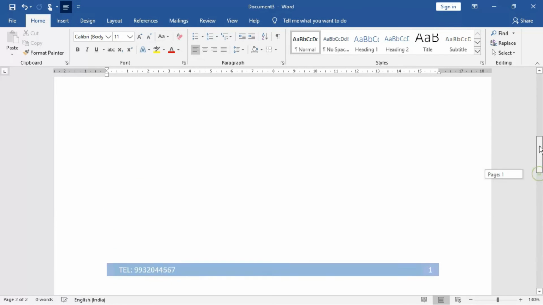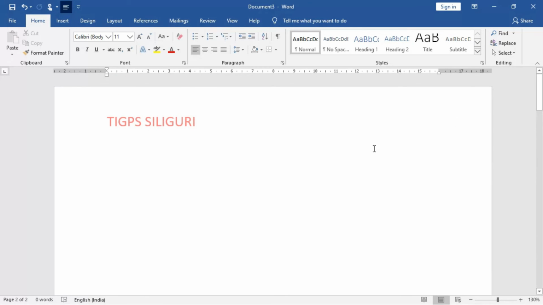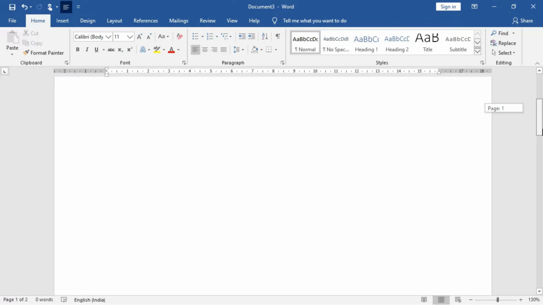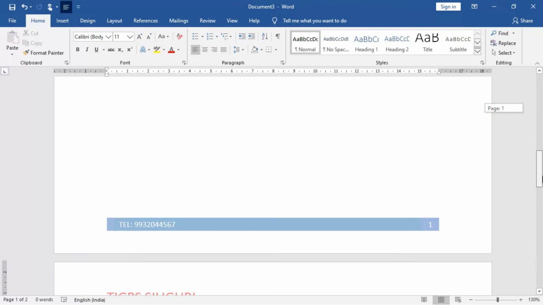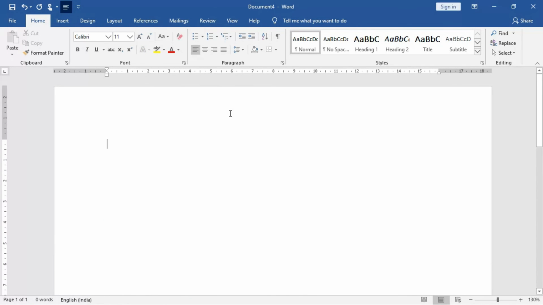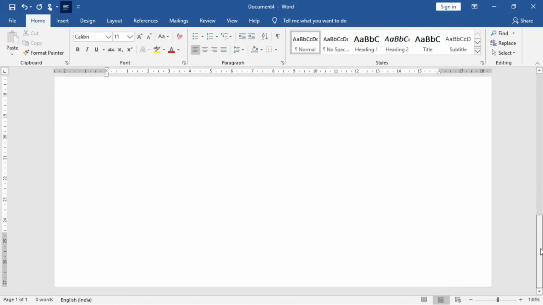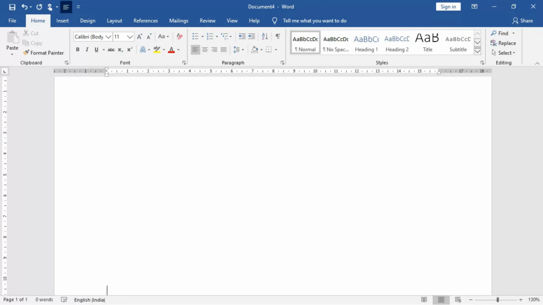Then what is happening, a total page has been made. In this way, the header and footer, both the things have appeared. TIGPS, and this is your footer. All right, so if you want to edit the footer area, I'm going to another document. I'm coming down over here, insert, that is actually the header and footer combined. So I'm pressing enter out here to insert the footer, only footer this time.